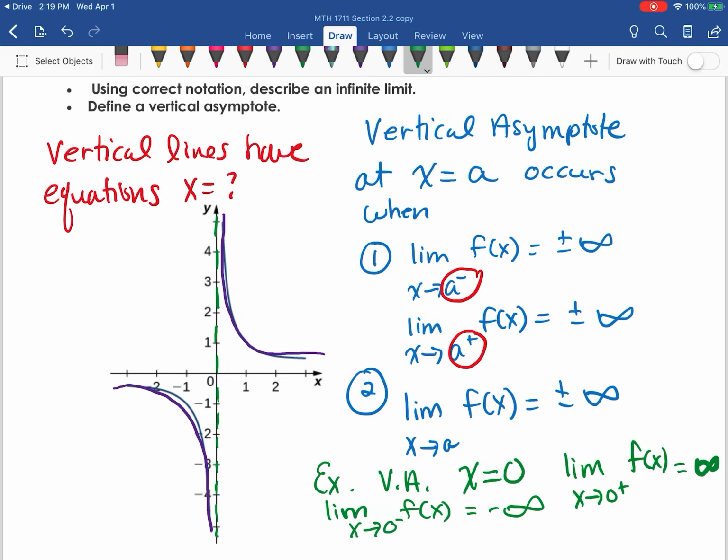So your vertical asymptotes occur when you have limits, either one-sided or two-sided,